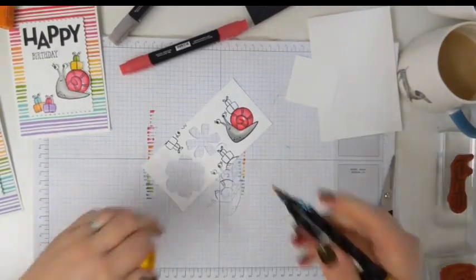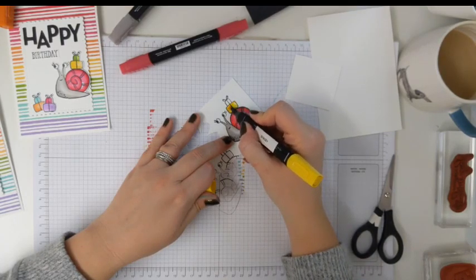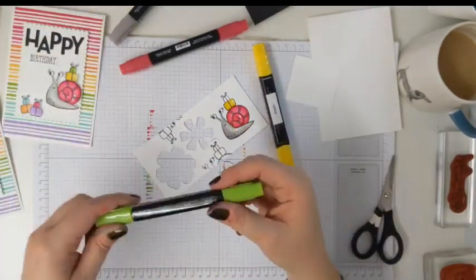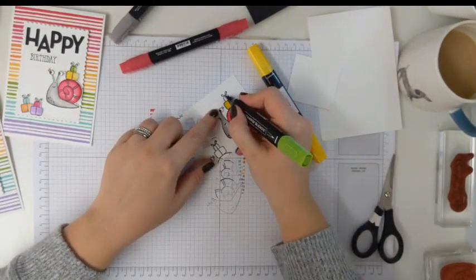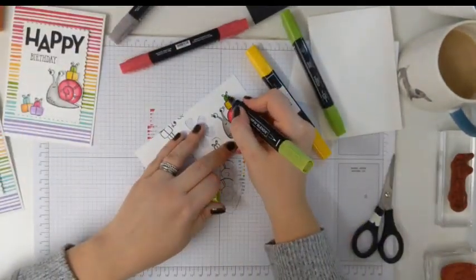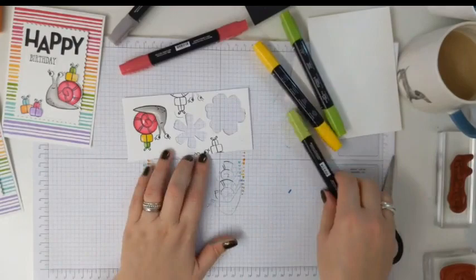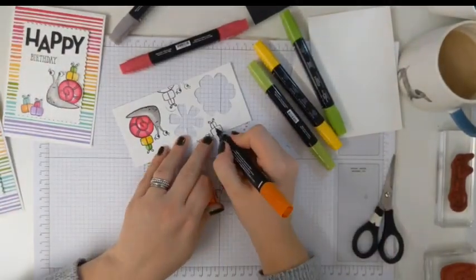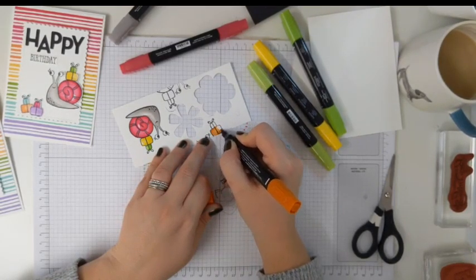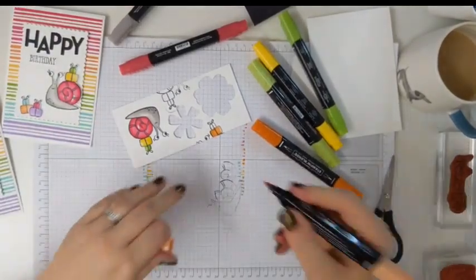So I've got Daffodil Delight for the yellow. And we'll have some Granny Apple Green for the top. And then the other presents we can colour, so we'll use a bit of orange, Pumpkin Pie, like so,